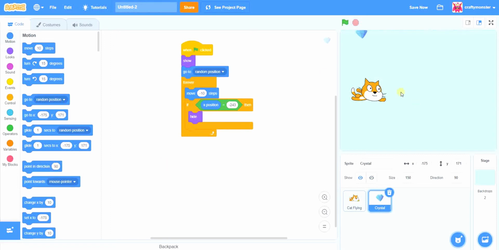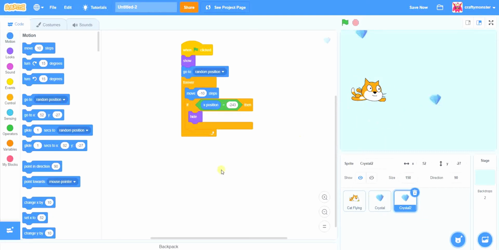Alright, so it's going at random positions. Now, because there's only one crystal, it doesn't make the game kind of hard. So we're going to just duplicate this so that we have both our code and the crystal